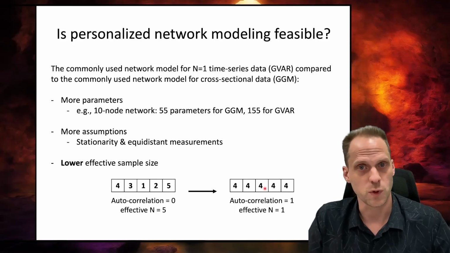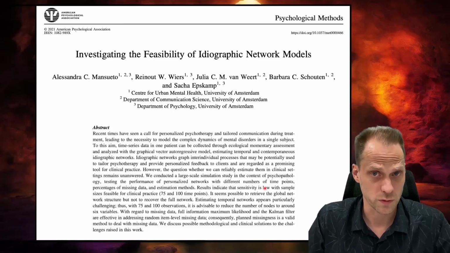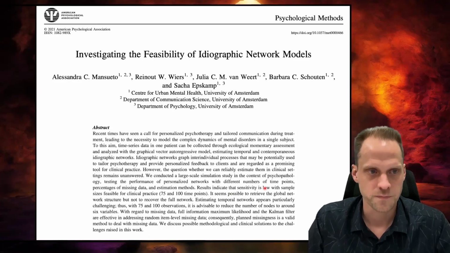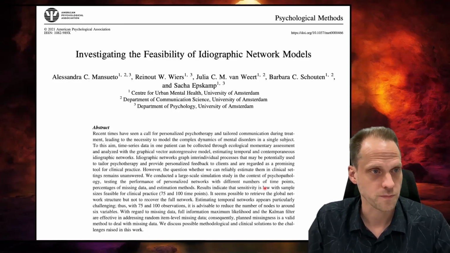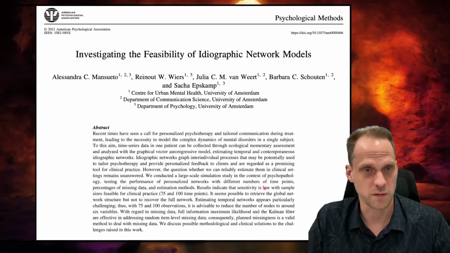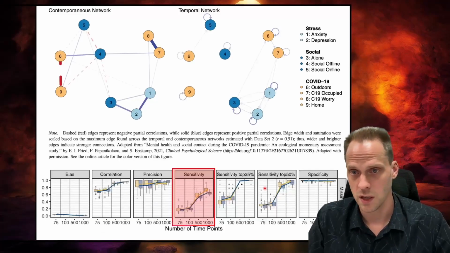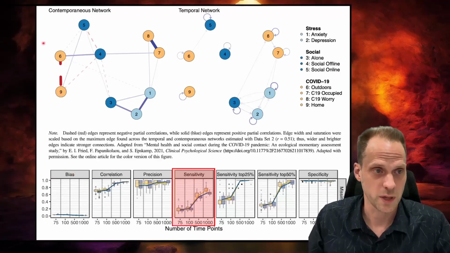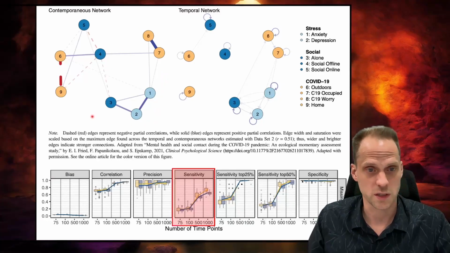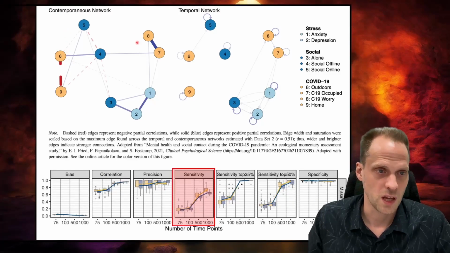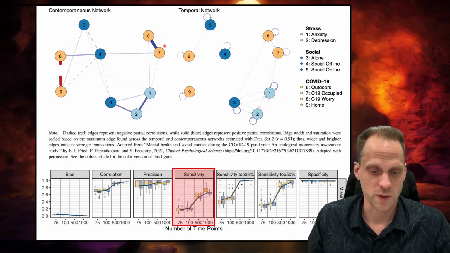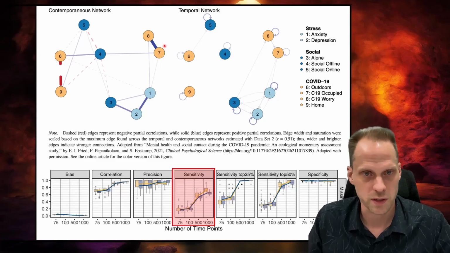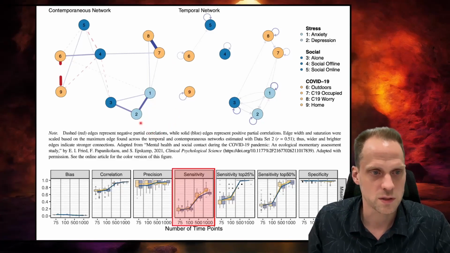So is it feasible to estimate these network models from clinical datasets? I did a study on this, and we published that, where we took some networks that we simulated under, and these networks are based on large sample studies I'll talk about later. They might be similar to what we can expect to find in clinical practice, although they're not really based on patients.